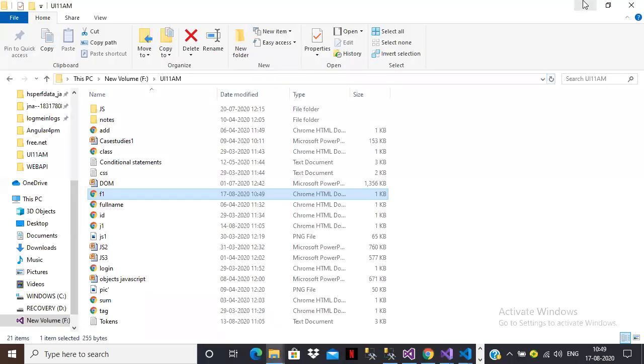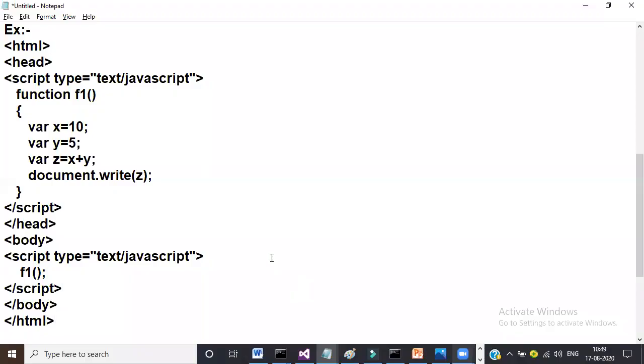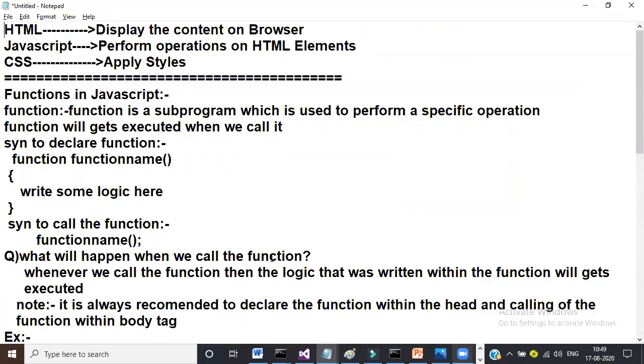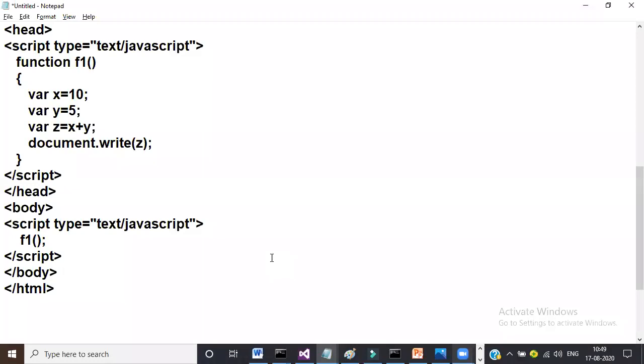Number plus number is number. Only the plus operator will perform concatenation operation on strings. Okay? The plus operator is called an overloaded operator. It will perform addition operation between numbers and concatenation operation between strings. You cannot perform any other operations like minus, multiplication, division, modulo division. These operators will not work with strings. These all work only with numbers.